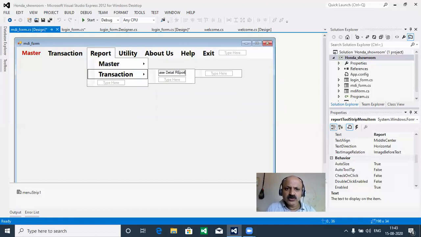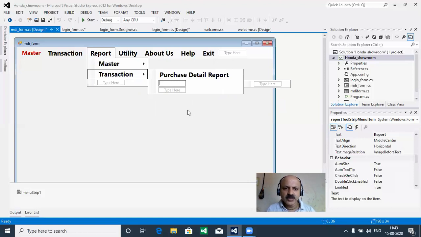If you do not use the report word in any place, you cannot use it in the sub menu. That is a report, that is the main root menu, but in transaction and then detail we can take, like here purchase detail report, directly you can write purchase detail, not use this report because the report root is there.